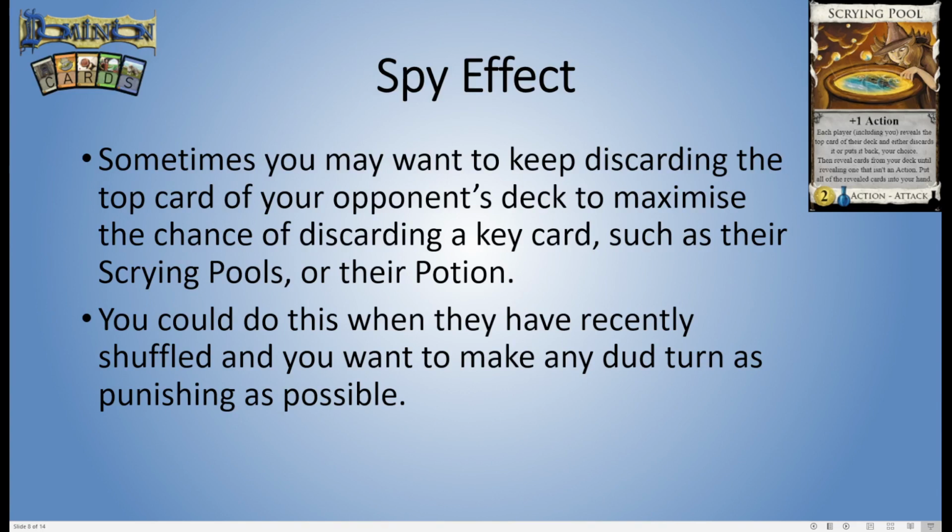Normally you might do this when they are at the top of their shuffle, because you know that anything that you discard is going to be right at the very bottom, and they're going to have to draw through the entire rest of their deck to get there. In general, though, you don't necessarily know it's in the hand. They might already have a Scrying Pool in hand or something, so it's fine to just stop. But occasionally,